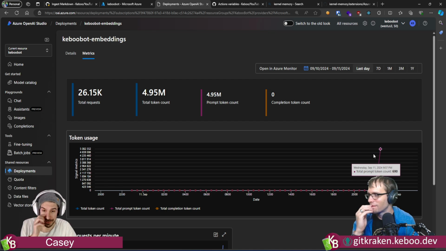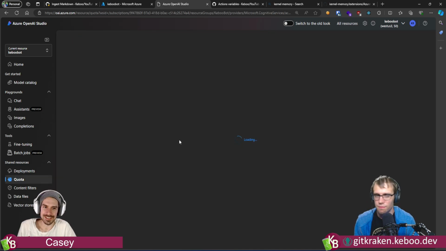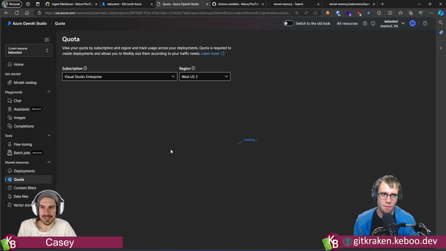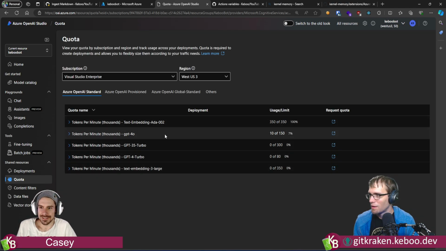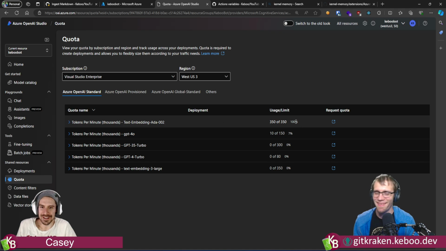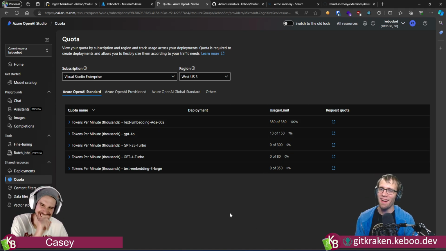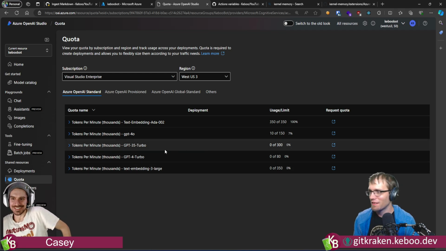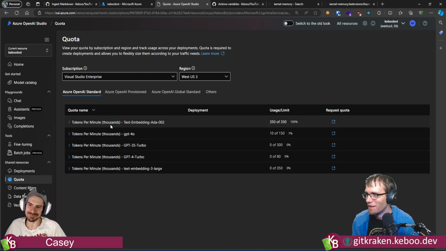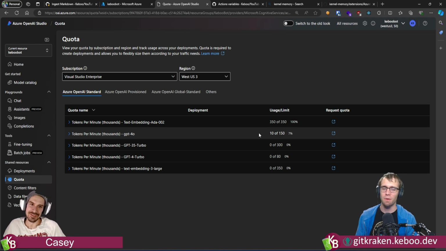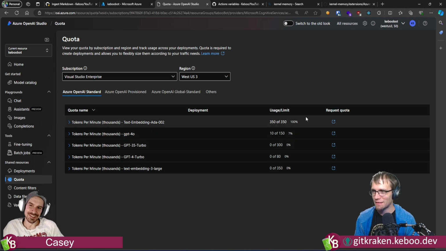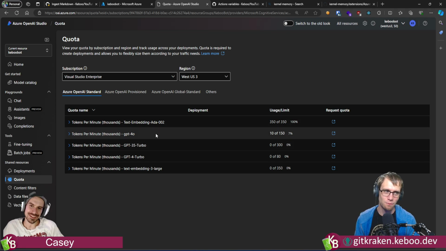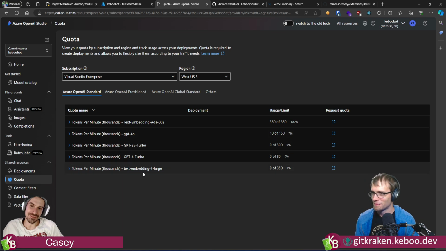Let's go look at what you have set as your quota for this. Quotas. So what you're thinking is that the bottleneck is Azure OpenAI, and I went to burn it, and it went no. Usage 100%. Oh, that's beautiful. Okay. So that's awesome. So 350,000 tokens per minute is my cap. Yeah. And what we're saying is I went right into that.